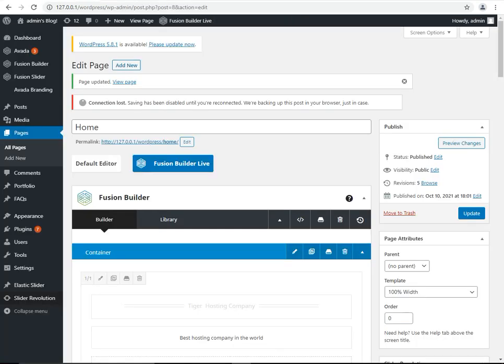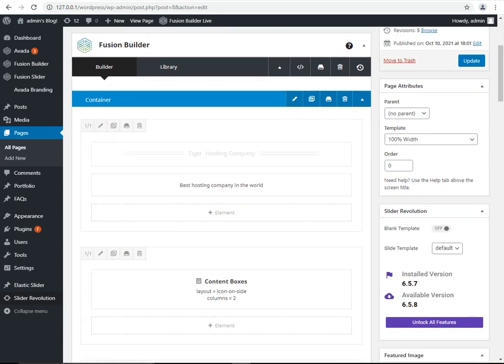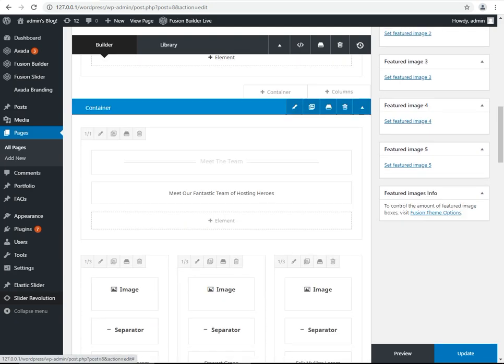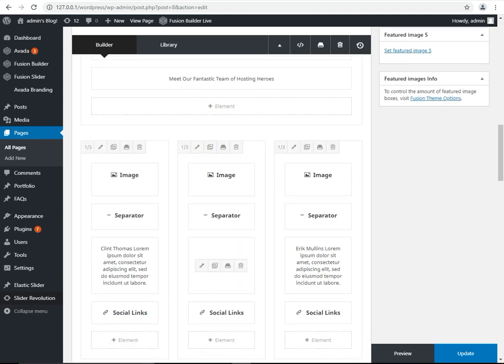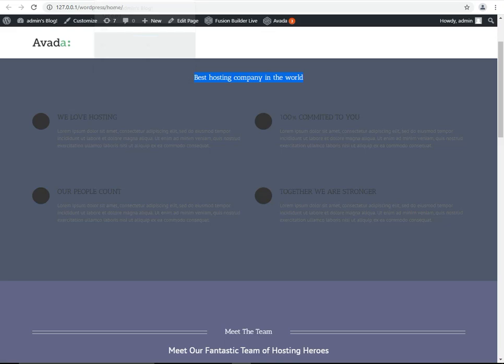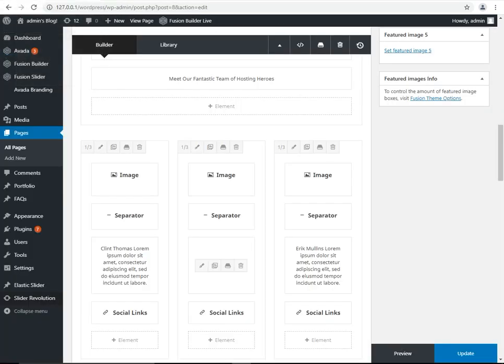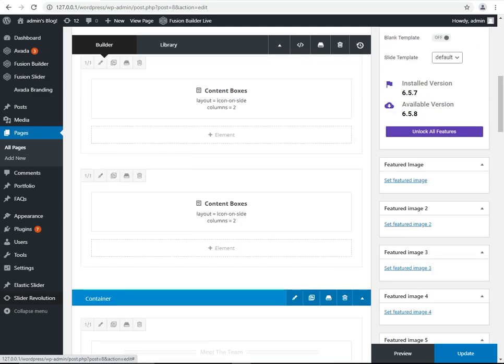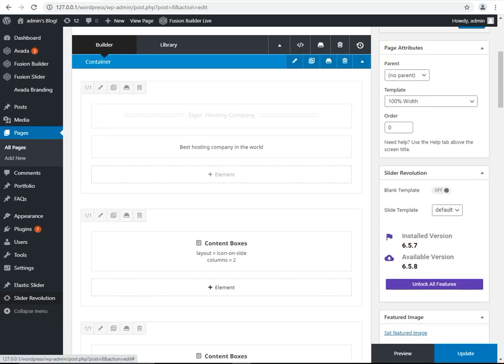Let's see how to manage this. This options box is available, I think so. I'm going to click. No, this is not it. Let's see how to manage these options.